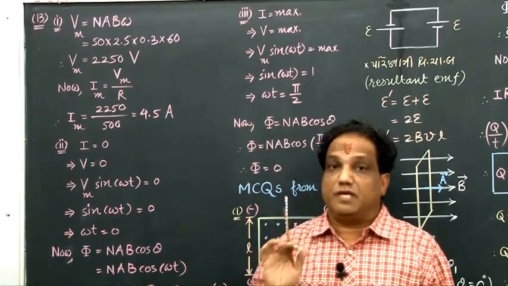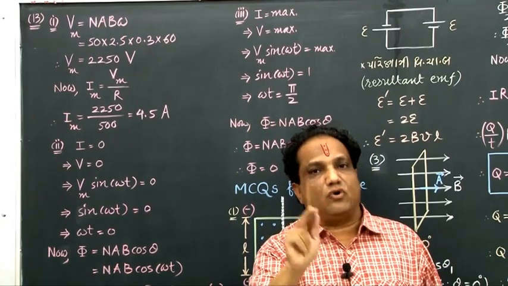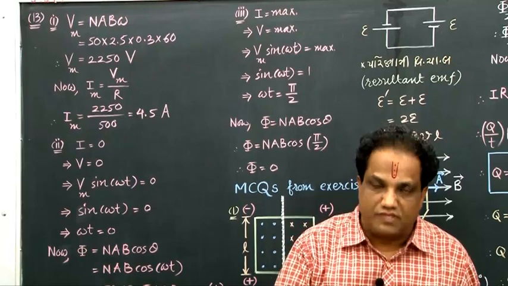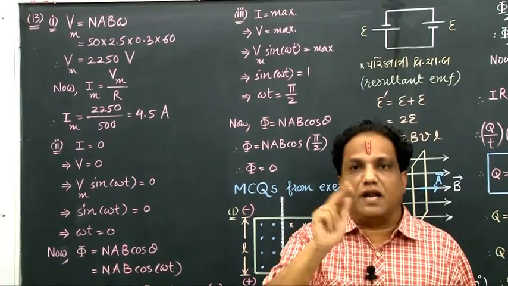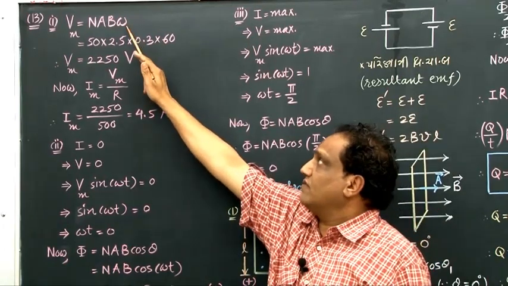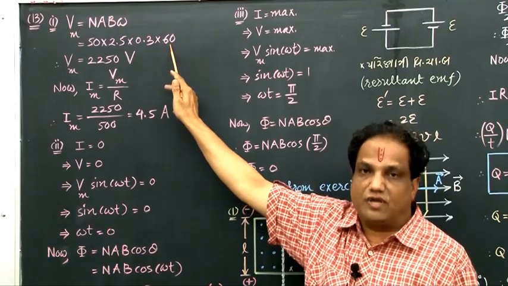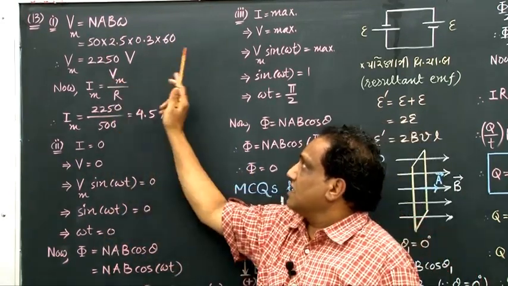My dear, sometimes they may give only frequency. Then in that case you should write omega equals 2 pi f. Suppose they are giving periodic time, then you can write omega equals 2 pi upon capital T. Got it? Right now they have given the angular frequency directly, 60 radian per second, or angular speed you can say. Fine. And now this answer comes out to be